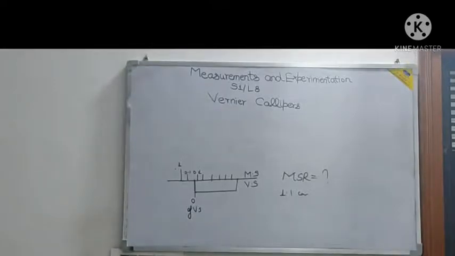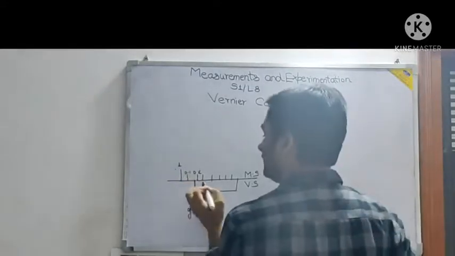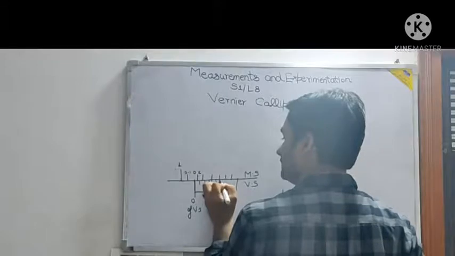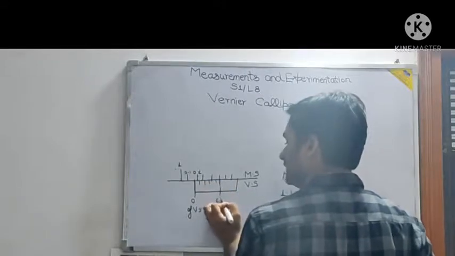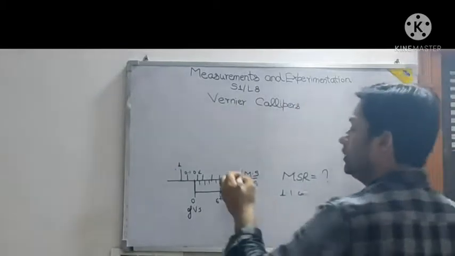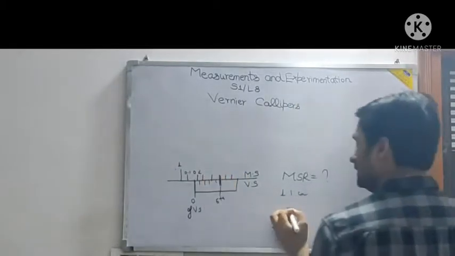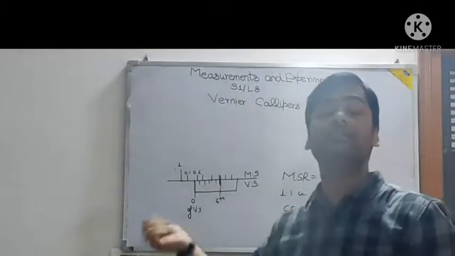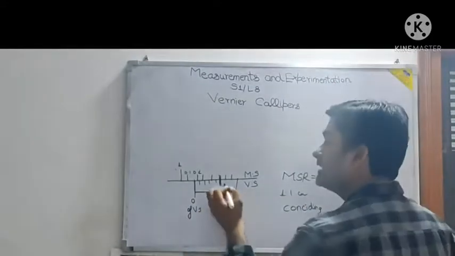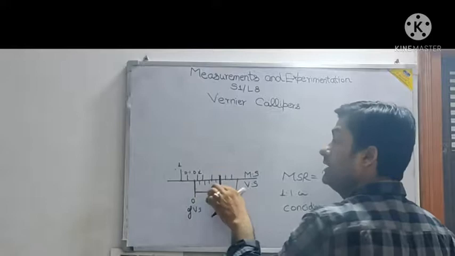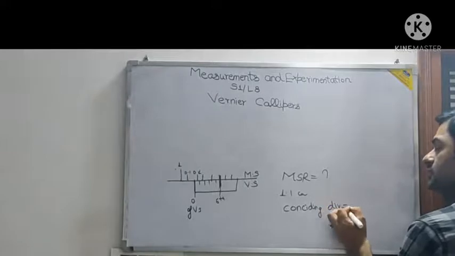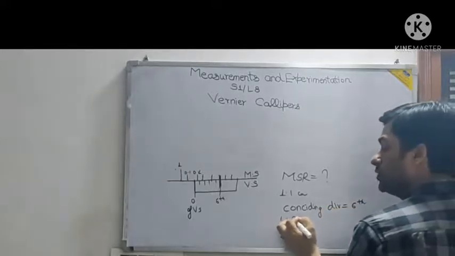Okay. Every value is this. And see, then one more thing. Then suppose here the divisions are there. First division, second, third, fourth, fifth, sixth. This is the sixth division. I will intentionally draw sixth. So what is the meaning of this one? This means the coinciding division. That means, 10 divisions are there in the vernier caliper. So which division of the vernier scale is coinciding with the main scale? So sixth division. So the coinciding division is the sixth division.